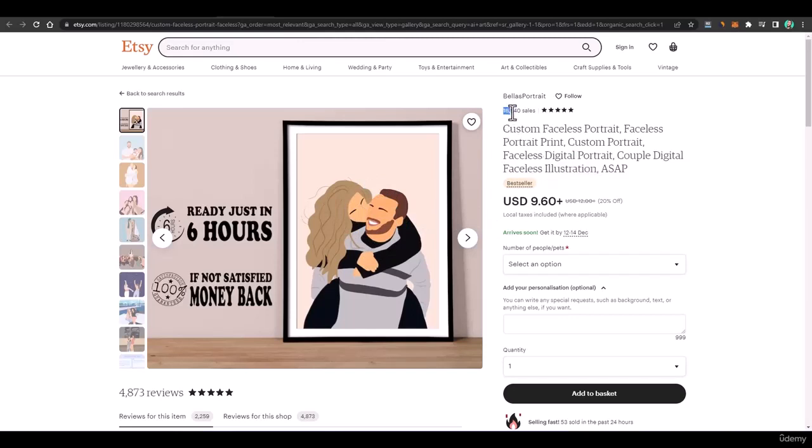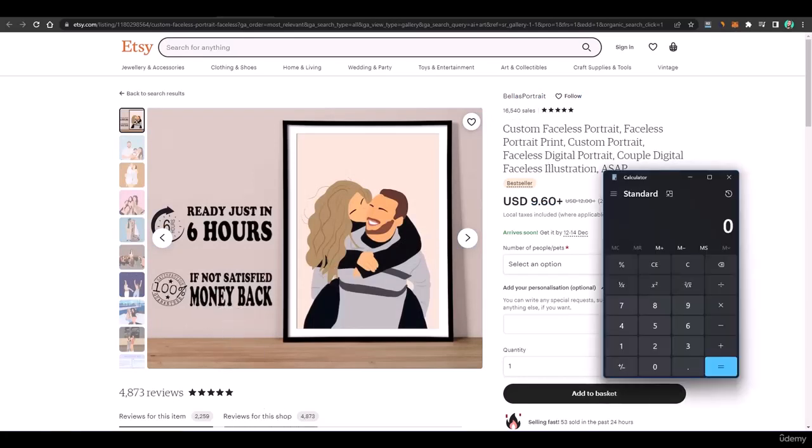And here you can see each one is $9.60, and there are 16,000 sales. If we open the calculator and round it up and multiply by 9.60, it is $153,000 in sales.